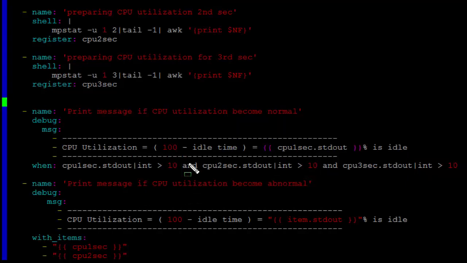I am using the AND condition. In all the 3 intervals, the idle percent must be more than 10%. So I am using the Ansible when AND condition.